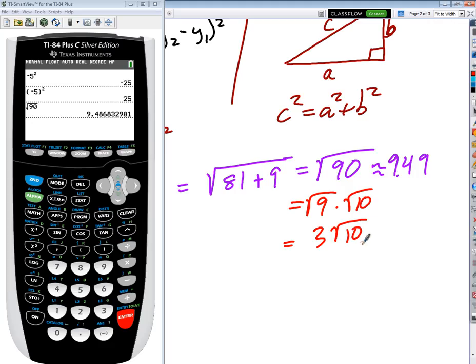And then we're done, aren't we? Because 10 I can't do anything with. There are no perfect squares that divide evenly into 10. So one answer, if I'm asking for a decimal, that's what you'd get. If I'm asking for an exact answer, simplified, that's what you'd get. Make sense? Okay. I want you to try this. So we'll do our grand experiment here. Everybody come on up and